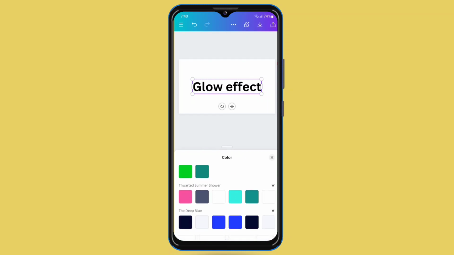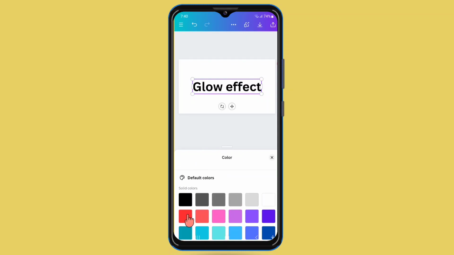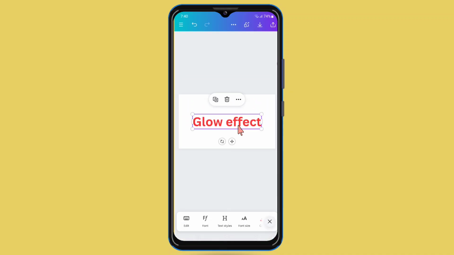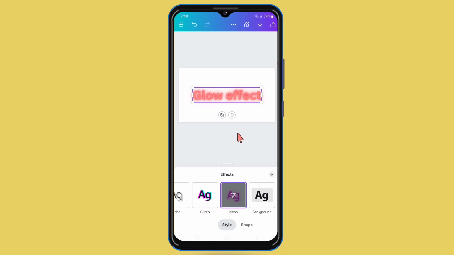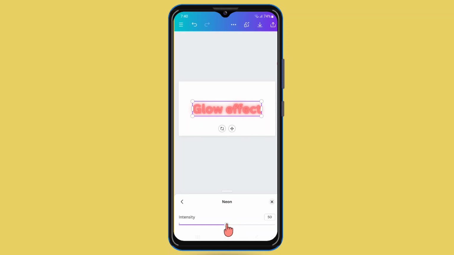For example, I want to make this text red, so I will click on red and after that click on text and move to the right, and from here effects you can see, click on it and move to the right. From here you can see neon option, click on it and you can see our glow effect on the text is added. So to adjust this glow effect, click on these three lines and from here you can adjust